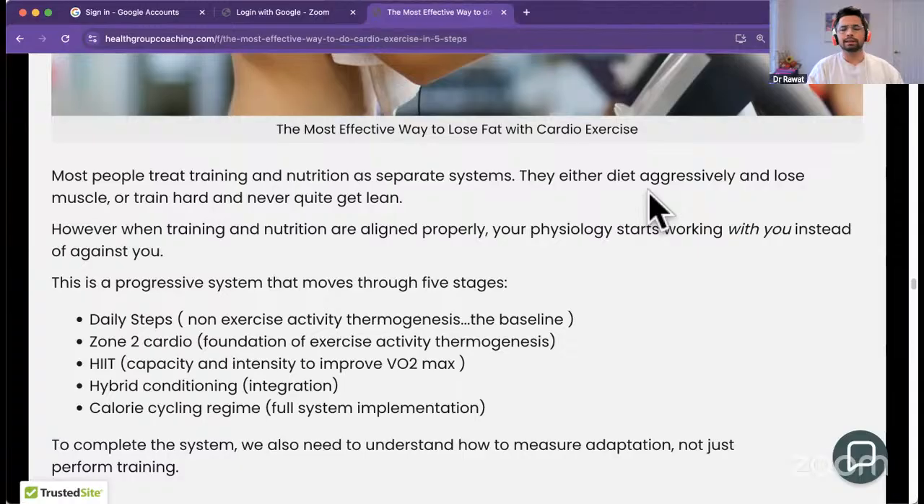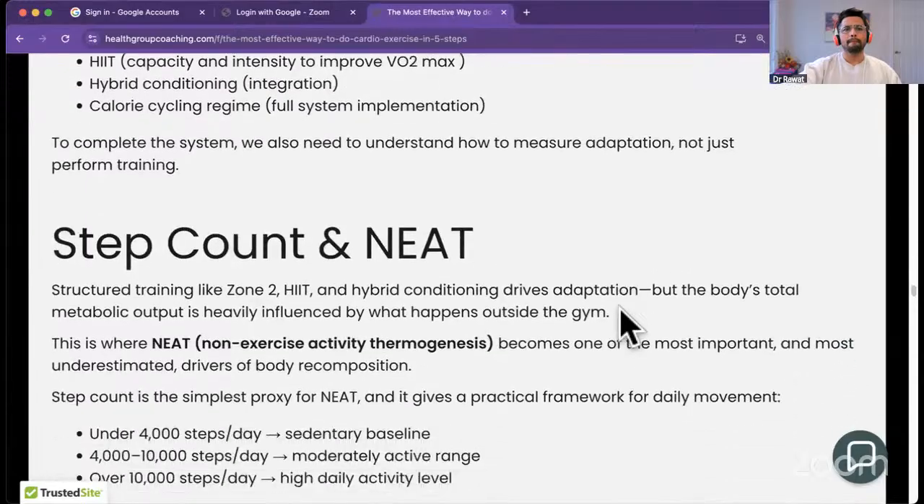And I'll explain to you what steady state means in a second as well. Step three is introduce some high intensity interval training into your cardio. And step four, hybrid conditioning, combining all of those three things: having an adequate step count, getting in some zone 2 steady state cardio, and getting in some high intensity interval training. And step five is integrating the entire system by also combining this with your calorie cycling regime. And I have a separate video and a blog on calorie cycling for any of you who haven't attended that. I think most of you have. So, step one,